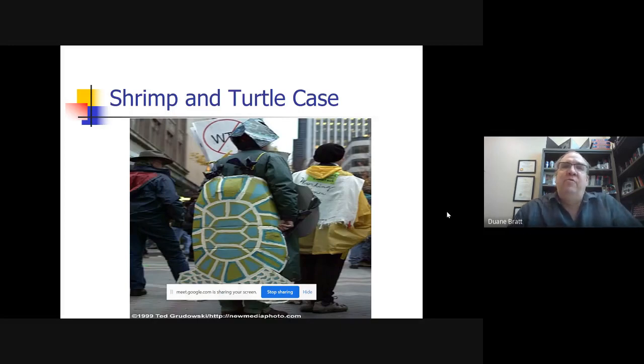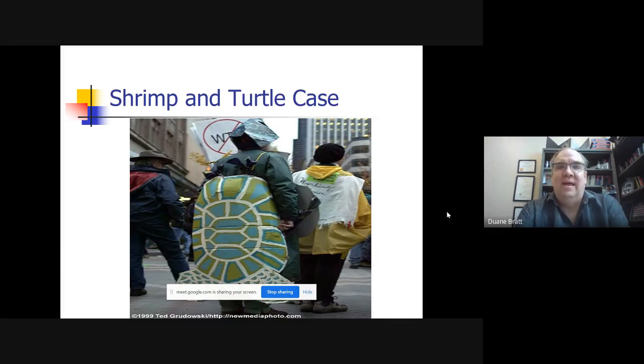And every time you see an anti-WTO demonstration, you'll see people dressed up as turtles. And it's to protest not just this case, but also the idea that the WTO discriminates when it comes to the environment. This has led to what has been called the Teamsters and Turtles Alliance in opposition to the WTO. The Teamsters refers to union members, the Turtles refers to environmentalists.